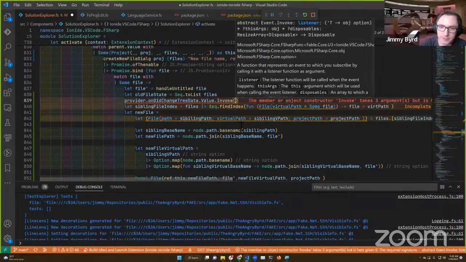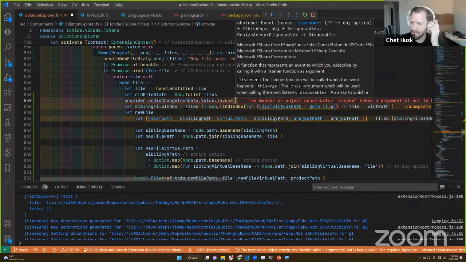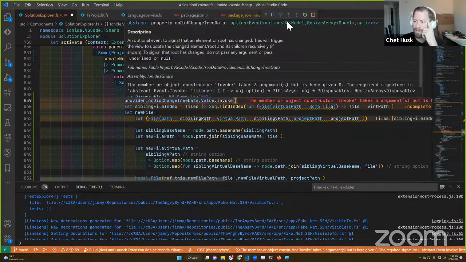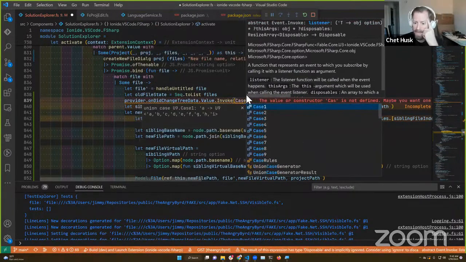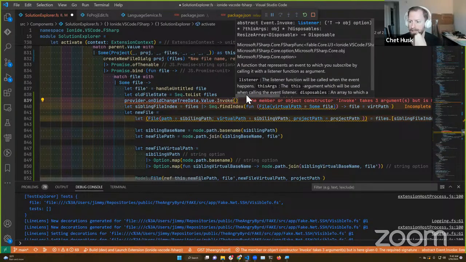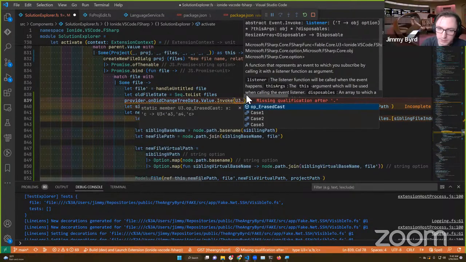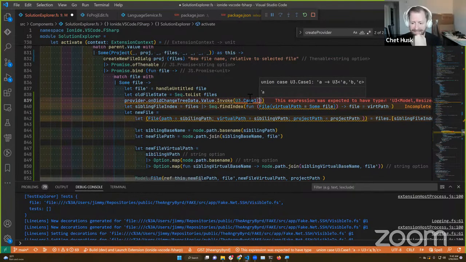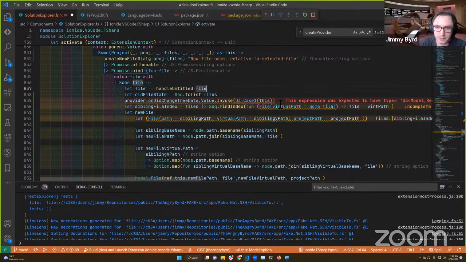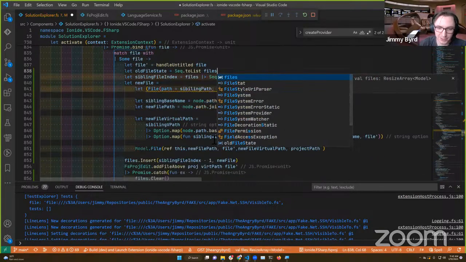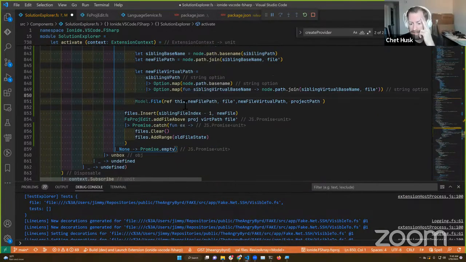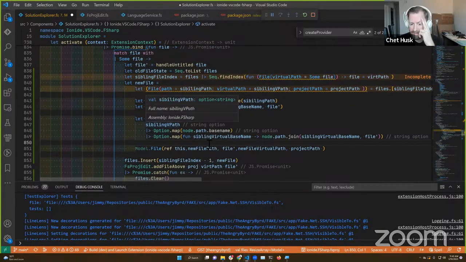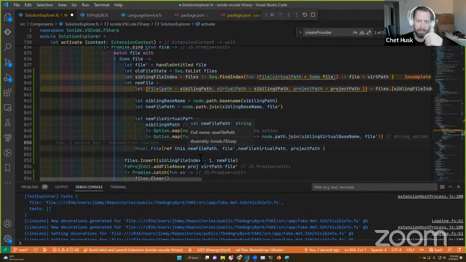Aha. So this is what you pass the U3 to. So this is going to be a case one of a U3, and you'll pass in what you've named the project. So do U3 dot case one. There's an operator for it too, but I'm not going to scare people with that. Actually, that's not going to work because this is an option still, because of where you put the name.